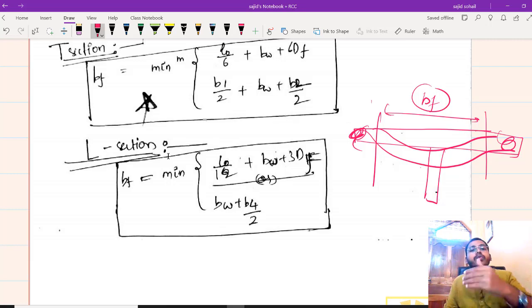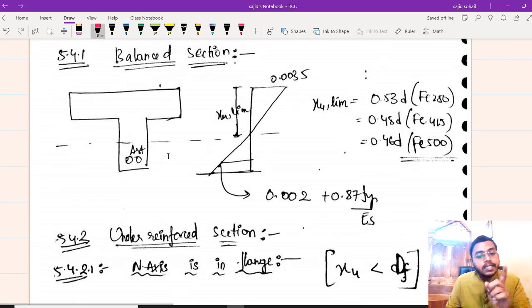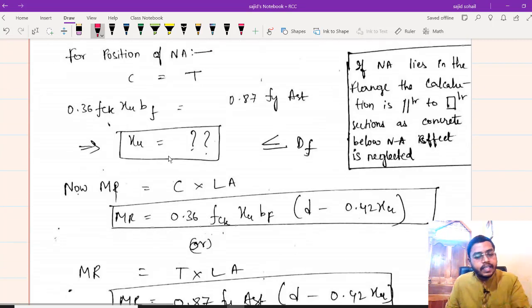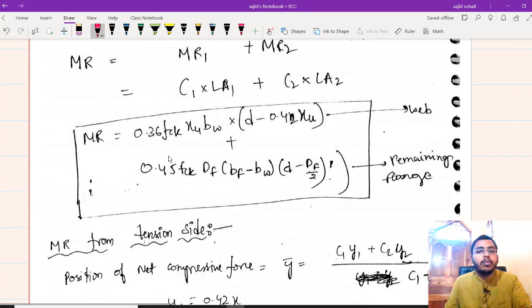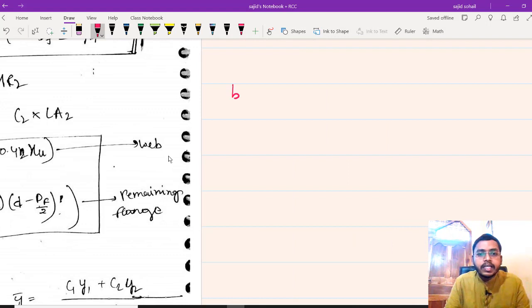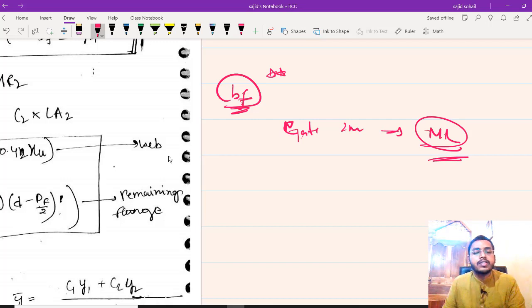So what this width is, we will study in the next topic. काफी important रहेगा, and we will see some problems, and the analysis of flanged sections will also be completed. The entire chapter will be completed in module number 16, and we are going to see some more important formulas. There are only two possible questions. One is calculation of flange width, very important for small examinations, and in big examinations like GATE, for 2 marks, he will ask you to calculate the moment of resistance. In moment of resistance there are 3 cases possible. We will study all of it in the next module and conclude it.